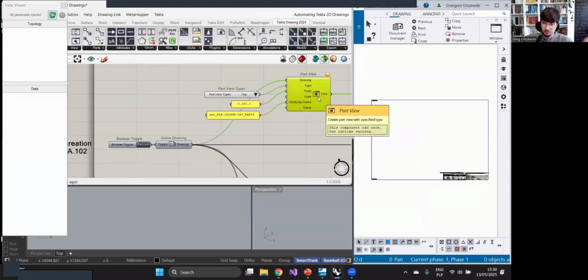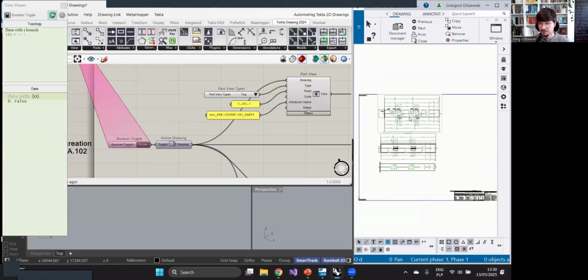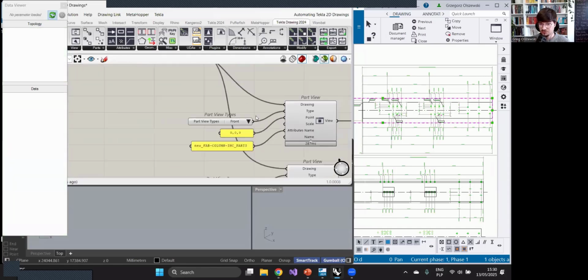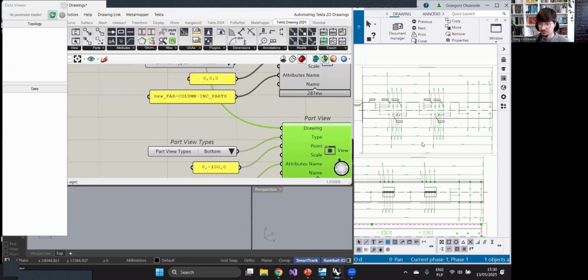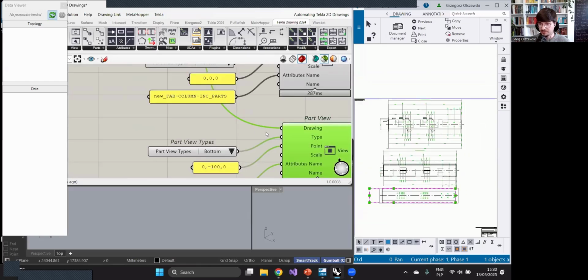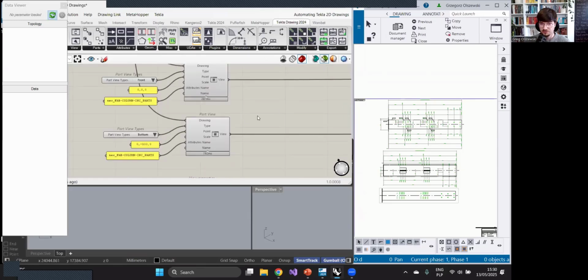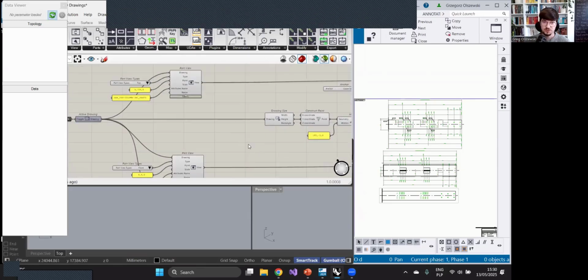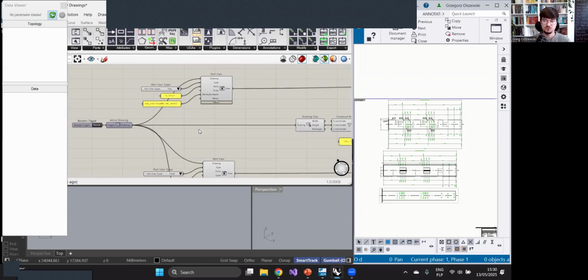I have some drawing which is empty, but I will create those views. So I will just enable that. And as you can see, I have created those views, the top view, the front view, and the bottom view. So I have created them, and later I have applied some movement for them. So that maybe will be helpful for you, because maybe you don't want to create them automatically with the Tekla inbuilt settings,